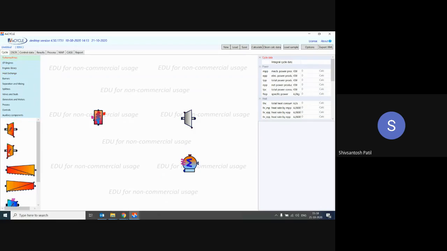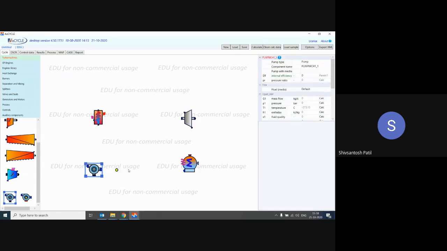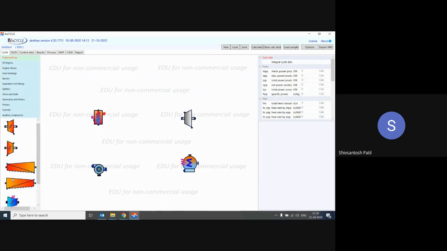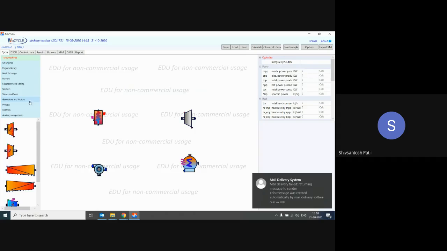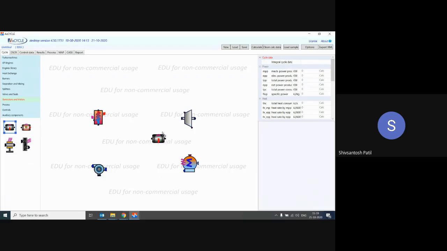Then turbo machinery. In turbo machinery, you have to select a feed water pump. The first pump you can see, pump with a mechanical drive. So here you select a feed water pump. So feed water pump is also selected. Everyone select feed water pump in the turbo machinery area, the first pump. And we require a generator for this area. So go to the generators and motors, and this is how we drop a generator here. Just the first generator, you can see the first generator in the generators and motors area, the generator you have to